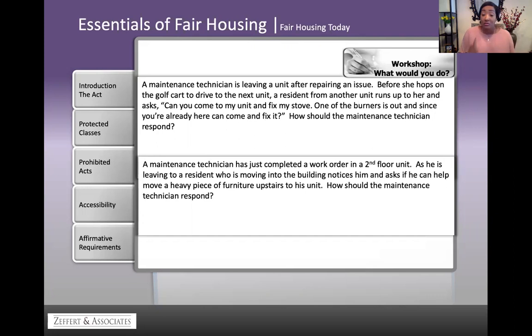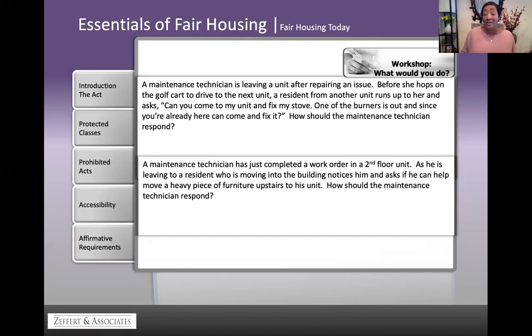Why? Because first of all, it is not part of your job description to be a furniture mover. That is a liability on behalf of the management company, your employer, if you are moving furniture or helping residents move furniture, and that is not a part of your job. You also don't want to do favors. You may be a strong, strapping person, whether male or female, and you may decide, well, I can do this, it won't take long, but that is a problem.